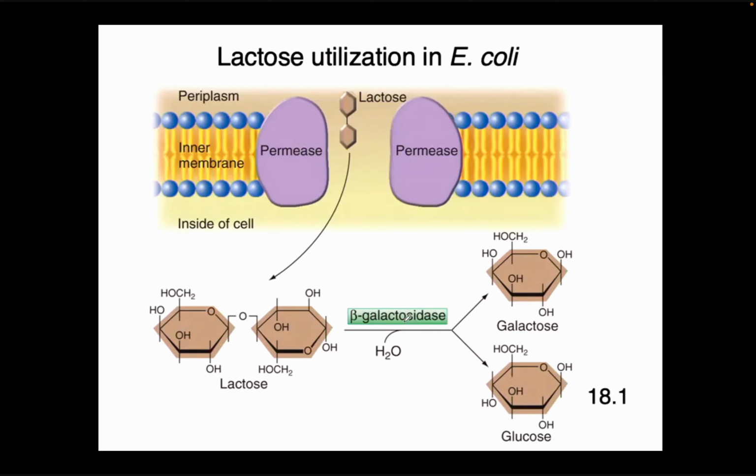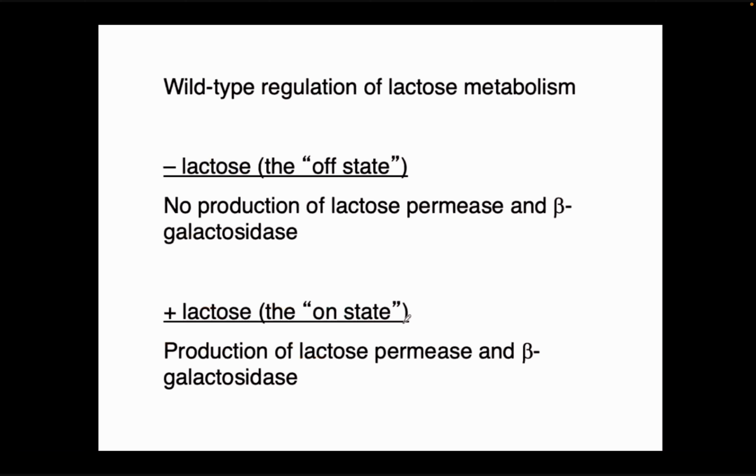When researchers were studying this, they were able to assay these activities before they figured out what the genes were. And what did they figure out? Well, the wild-type regulation of lactose metabolism is that when there's no lactose around, that's the off state, so there's no production of the permease and galactosidase. We also have our on state, where we give the cells lactose, and they say, okay, let's get it into us. The permease gets expressed and put in the membrane,